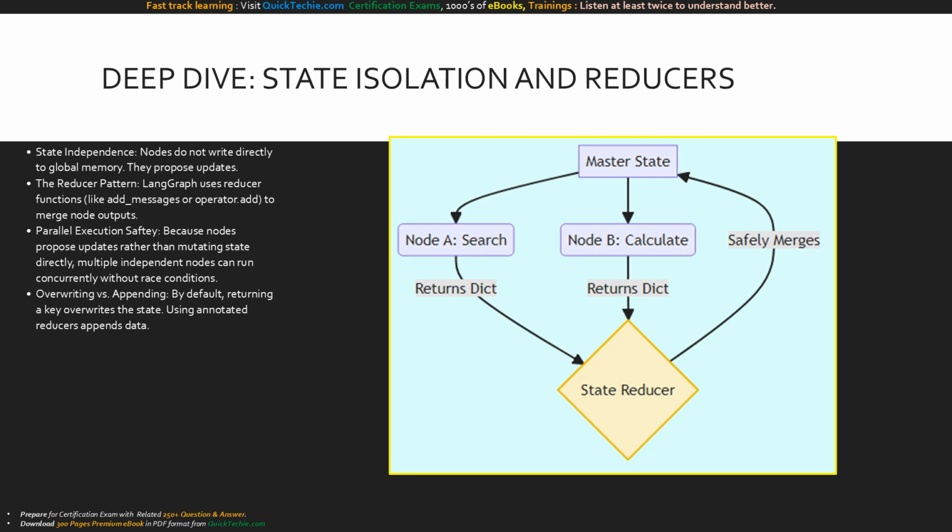Let's deep dive into how state isolation truly works. In amateur software design, functions manipulate global variables directly, leading to catastrophic race conditions. In our architecture, nodes never write directly to global memory. They simply propose updates. The magic that makes this work is the reducer pattern. When your node returns its dictionary, LangGraph intercepts it and passes it to a reducer function defined in your state schema. If your node returns a string, the default reducer simply overwrites the old string. But if your node returns a new chat message, a reducer like add_messages safely appends it to the